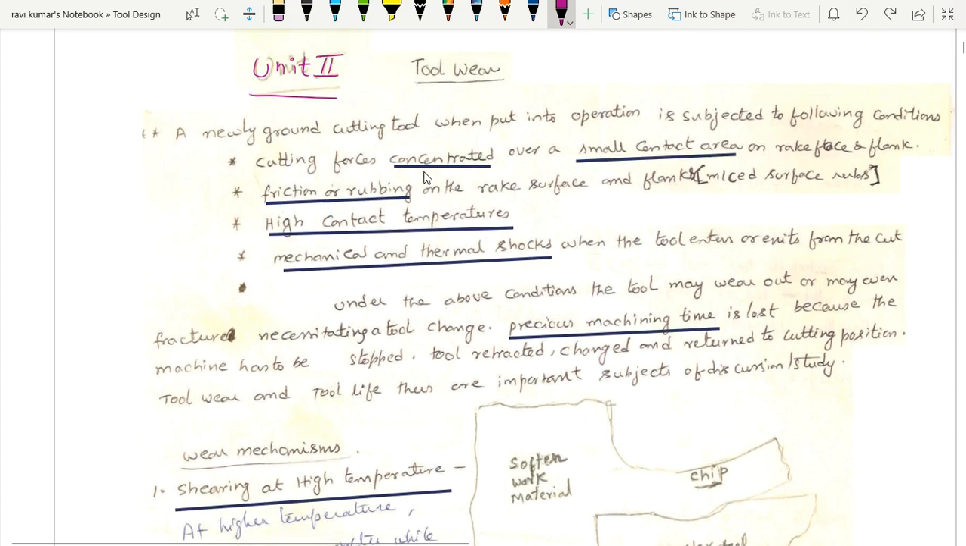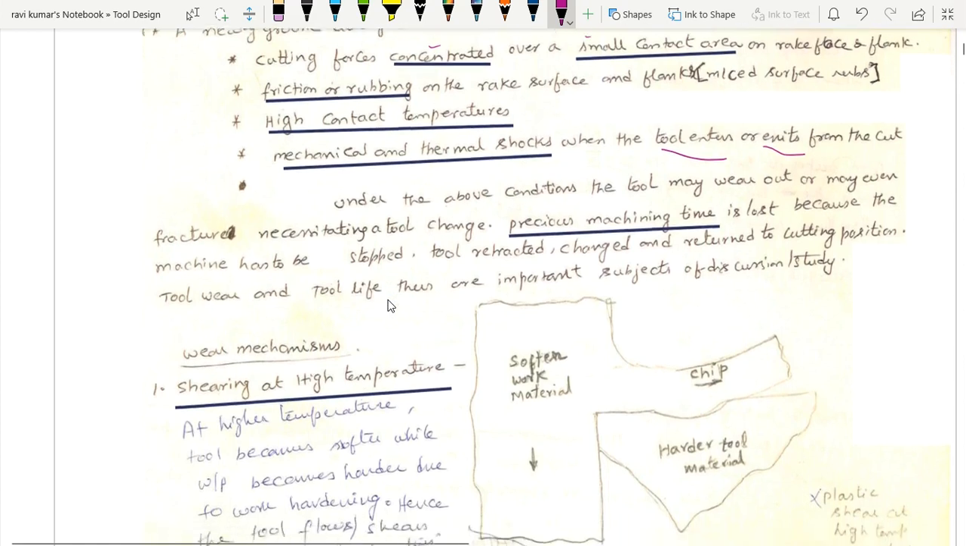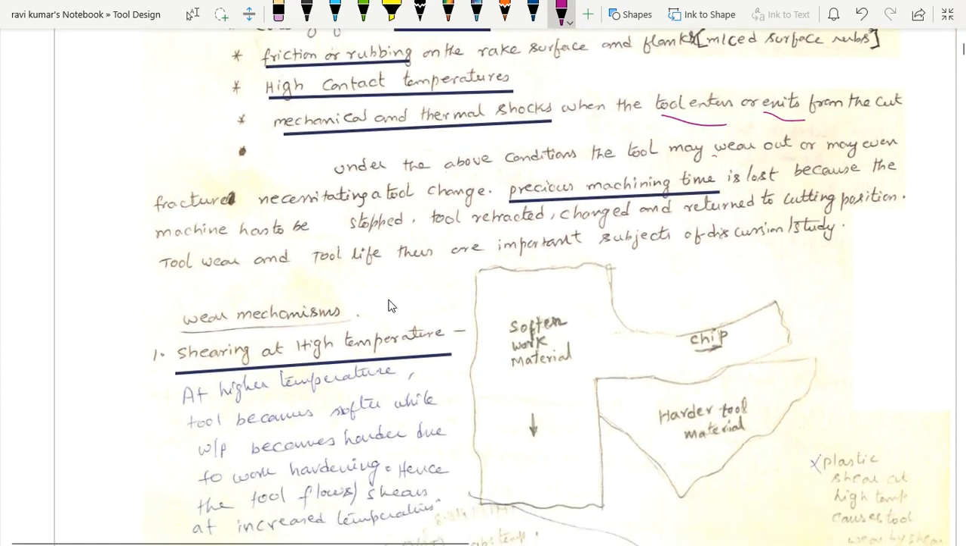You may understand that a newly ground cutting tool, when put into operation, is subjected to abnormal conditions, such as cutting forces concentrated over a small contact area. Next, friction or rubbing on the rake surface, high contact temperatures, and mechanical and thermal shocks when the tool enters or exits from the cut. Under those conditions, the tool may wear out, or may even crack or fracture,